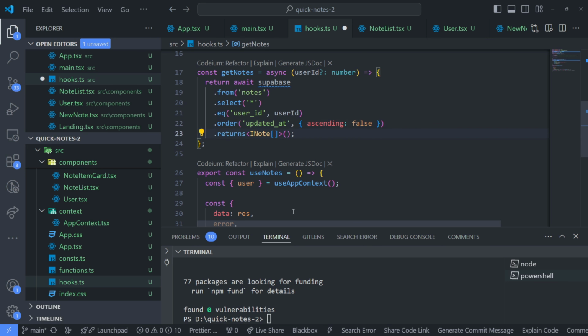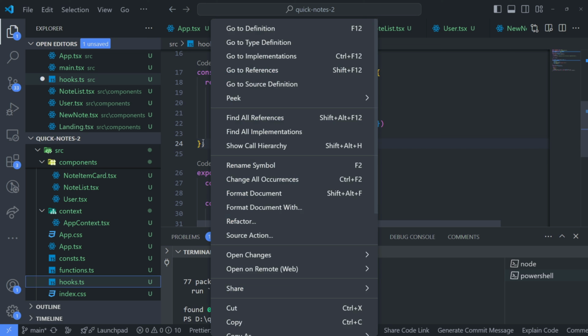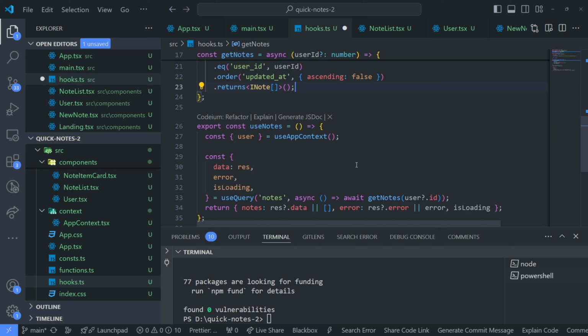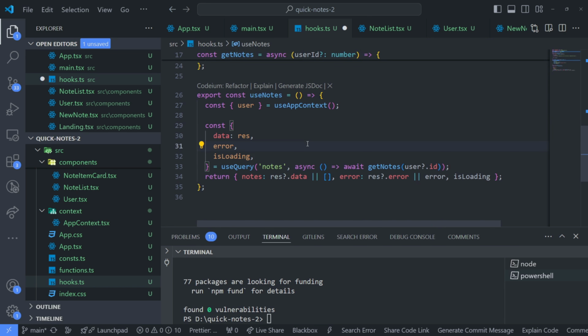So when I update one right now, that should pop up, and we are going to say ascending false because we just want to order it in descending order. Okay, cool. So we can now save this and then start using this